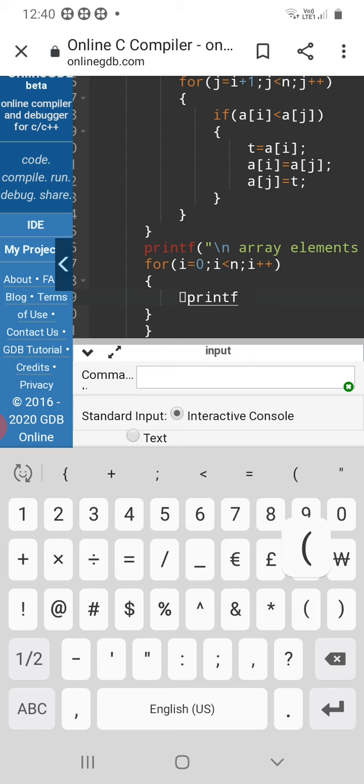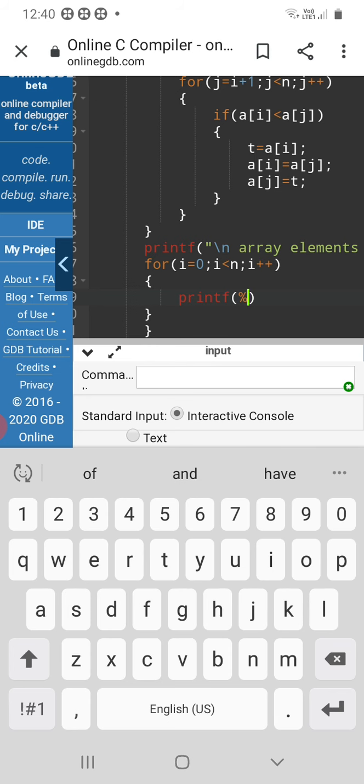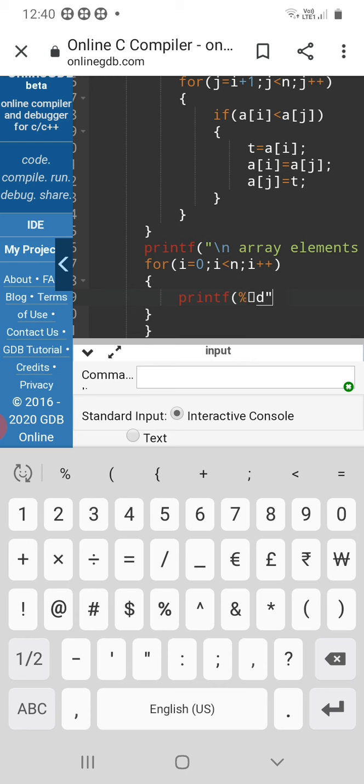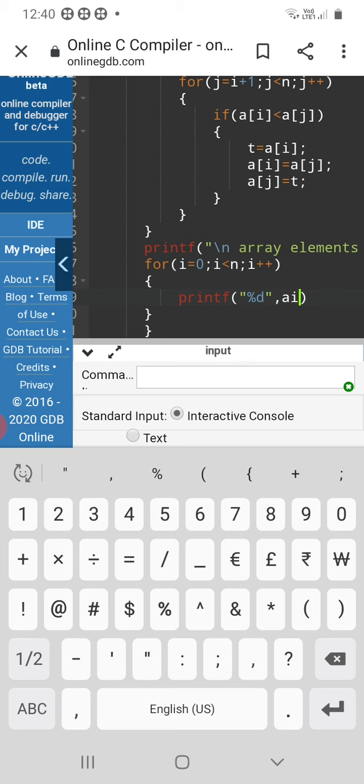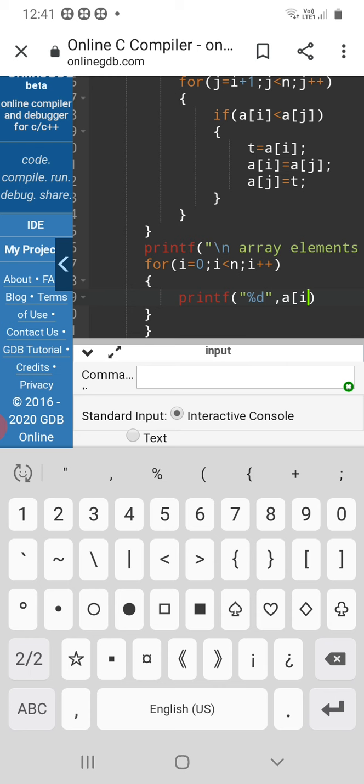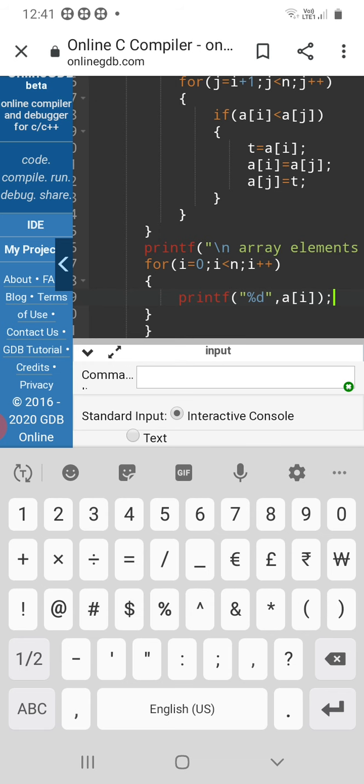printf, left bracket, percentage d, percentage d comma a of i, closing the statement with the termination symbol semicolon.